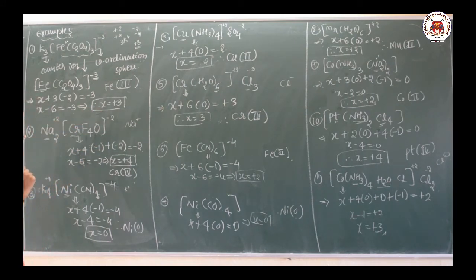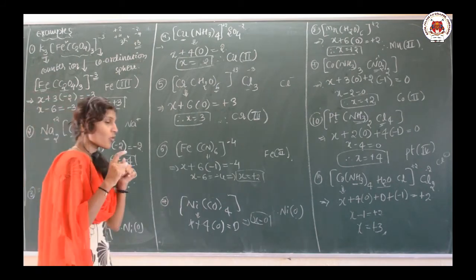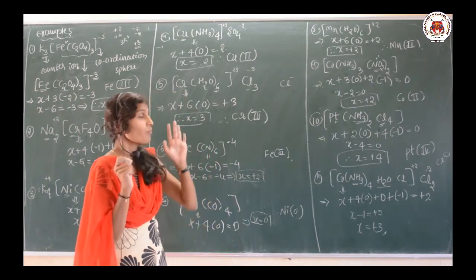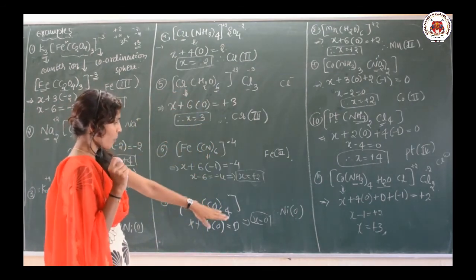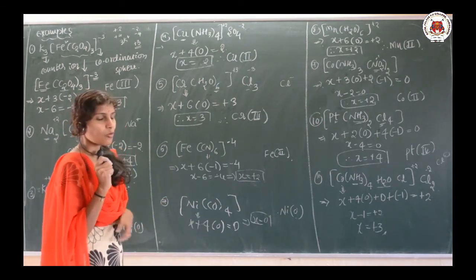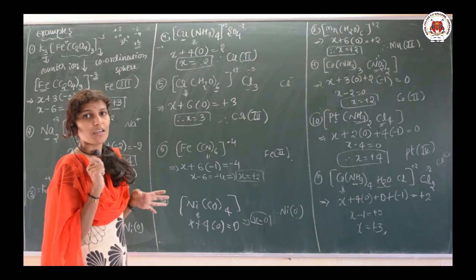Here, if you go on calculating, the answer will be +4. It means the chromium is present in the 4 oxidation state. Its oxidation number is indicated in Roman numerals, and in the third example, sometimes there may be 0. So, whatever the charge on the coordination sphere, that you should equate. Then, if there is no charge, suppose the complex is like this, if there is no charge, you can go for 0, consider it as neutral.